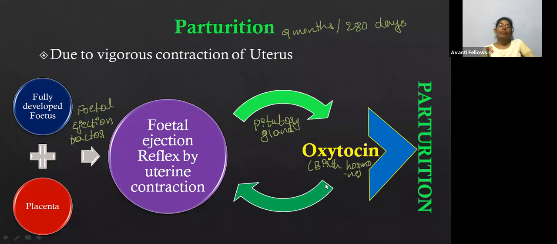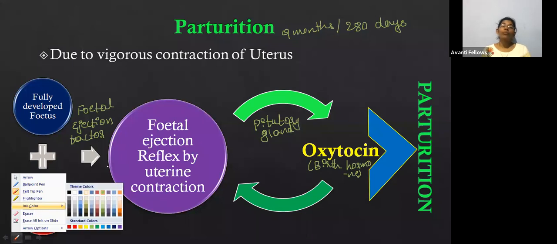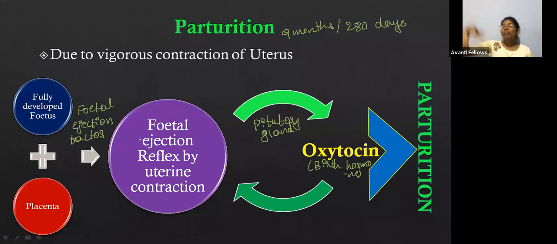Once the strong uterine contractions take place, what happens? Once the strong uterine contractions take place, the uterus is going to contract, and now the fetus comes down to the cervix, isn't it? Now the fetus has to come down to the cervix, and here we need to know one thing: the cervix is a very small area, isn't it? But from that small area, how can the fetus come out? How can the fetus fit into that? That is the question.